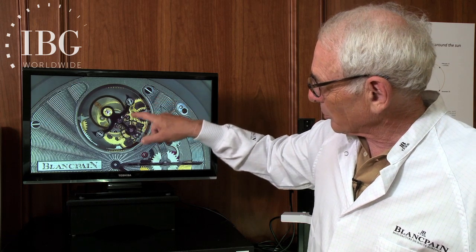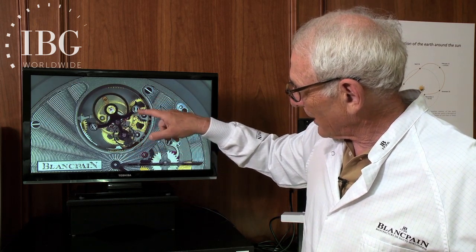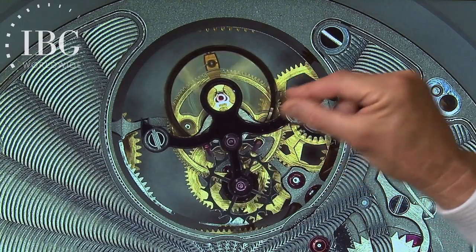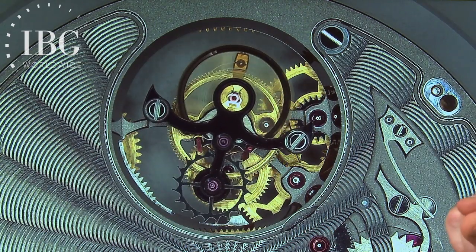Now what we're looking at the moment is the tourbillon turning. This is the cage that you see by my finger, and it's carrying the balance wheel at one end, and it's carrying the escapement at the other end. Now the first tourbillons were constructed with the balance wheel centered in the cage, and were constructed with bridges